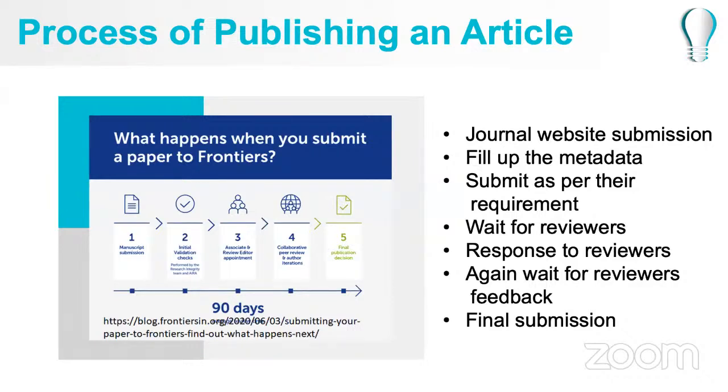As you can understand, mostly 3 months is given to the reviewers. Within 3 months they have to respond to the articles. So on the last day of 3 months there will be a reminder to the reviewer saying that please review this article and submit. And on that last day the reviewer wakes up, thinking, let's do something now. So this happens that maybe one reviewer may give you a response within 1 week or within 1 month, or maybe again 3 months. So accordingly you will be receiving the response from the reviewers to whom you have to reply.